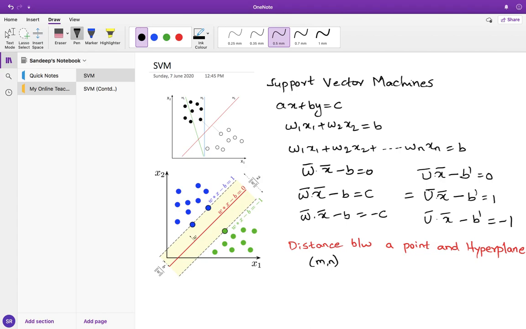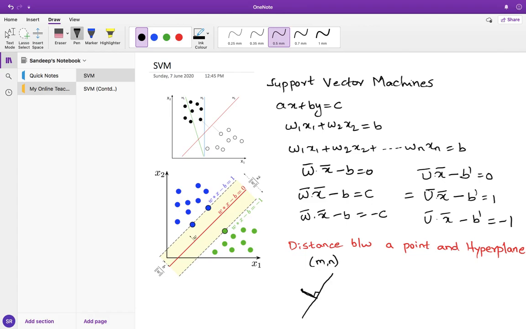So we are supposed to find the perpendicular distance between the support vector and the hyperplane. Let me give a pictorial illustration of what we want to find. So we want to find this perpendicular distance. Okay, so this is 90 degrees. In plus two we might have studied these formulas, or we might have derived these formulas.